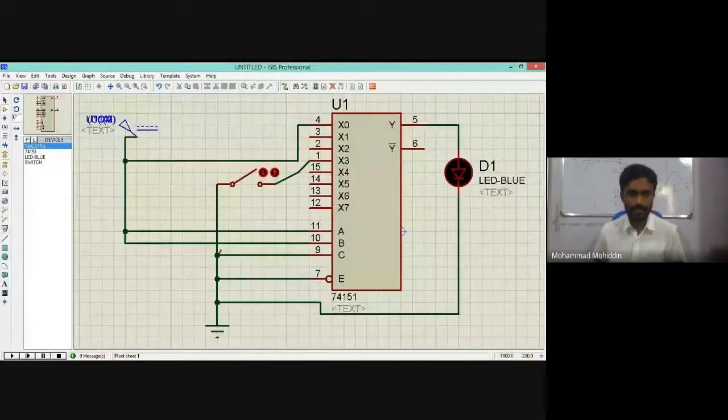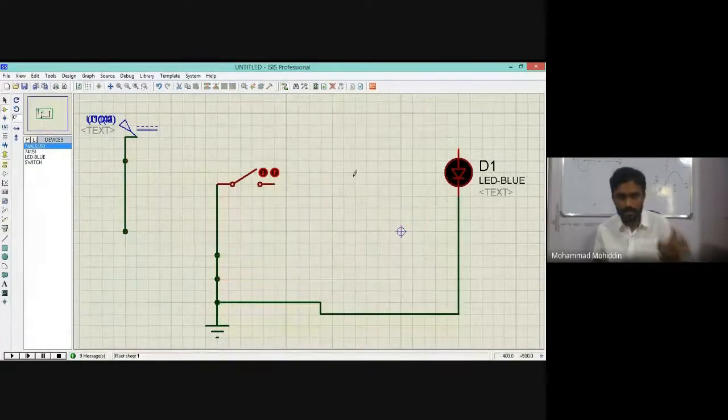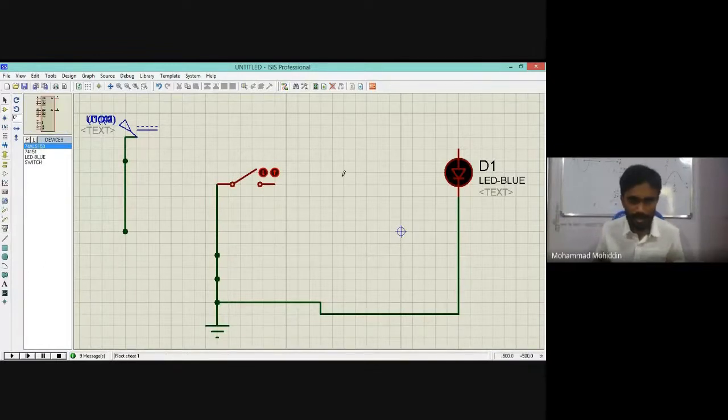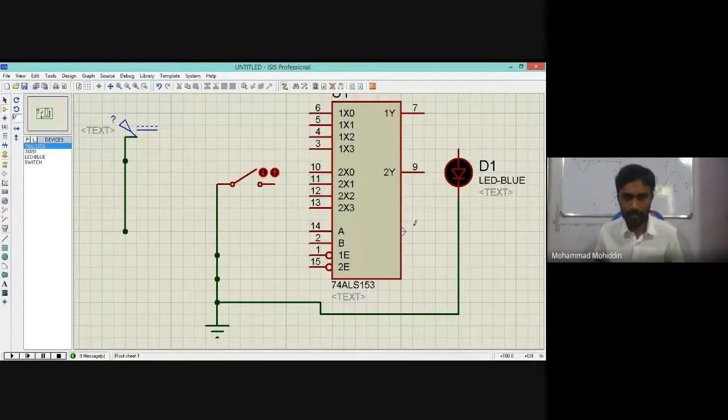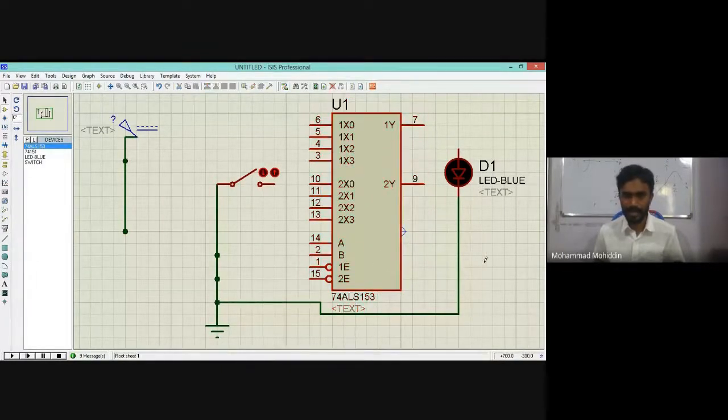Let's take this. We'll delete all these, but I want the LED and the switch. We'll keep this as it is. 74LS153 we will take. Keep it here. So here you can see there are two outputs. One for the first multiplexer, second for the second multiplexer. One enable for the first one, second enable for the second one. Two selection lines, because 4 inputs are there. Let's connect this. Selection lines, first I will make 0, 0.